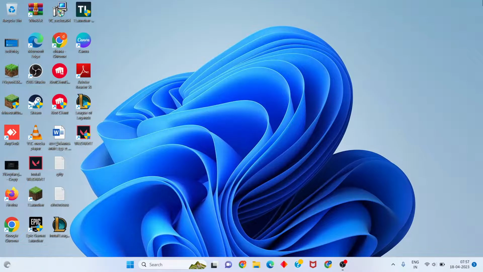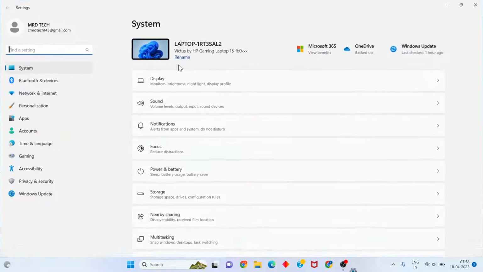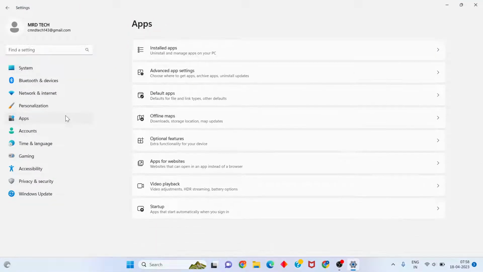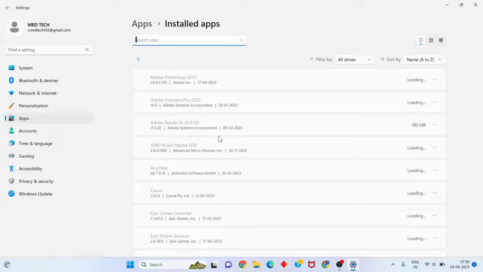First step, you are using for the mobile user only. You will go to the clear cache and clear data in Telegram, okay? But I am not, I'm using for the Windows. I will click to the settings. Go to the apps, you will click to the advanced apps, you will scroll down for then